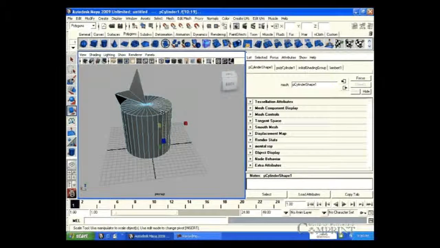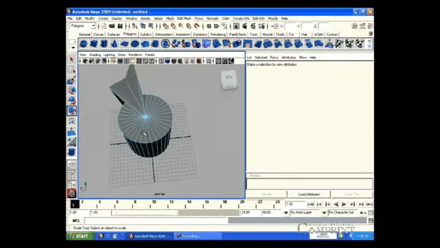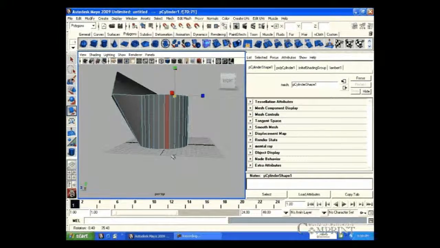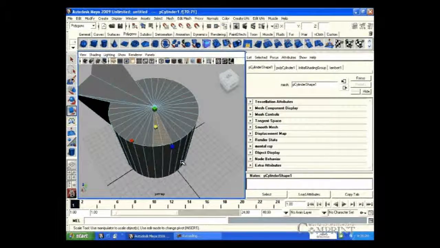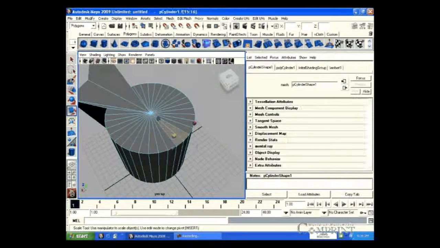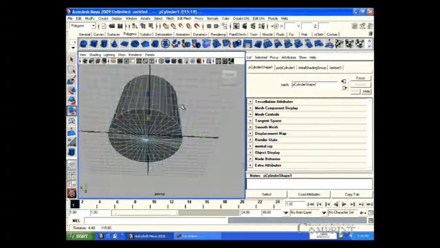To deselect the unwanted faces, hold the Ctrl key and click with the mouse. In the same way, to add to the selection, hold the Shift key and select with the mouse. Like the other components, faces can also be modified by using transform tools.